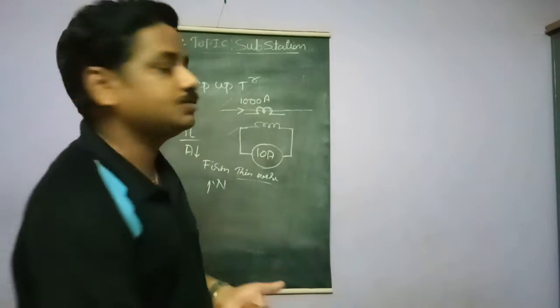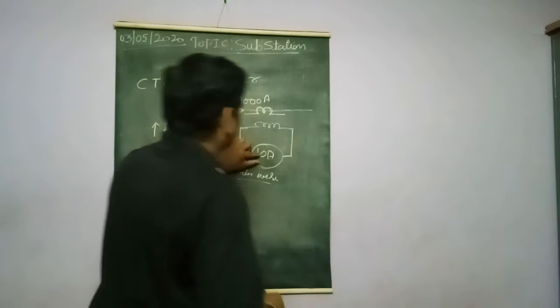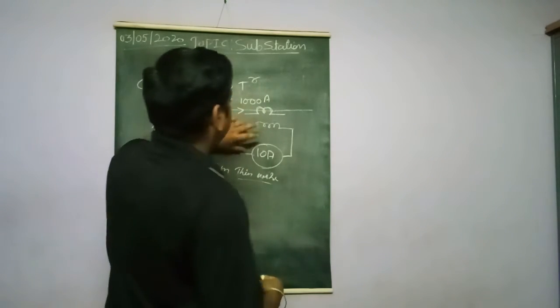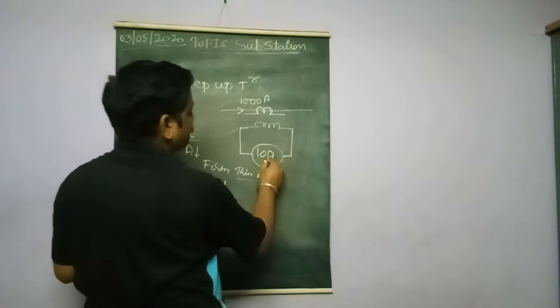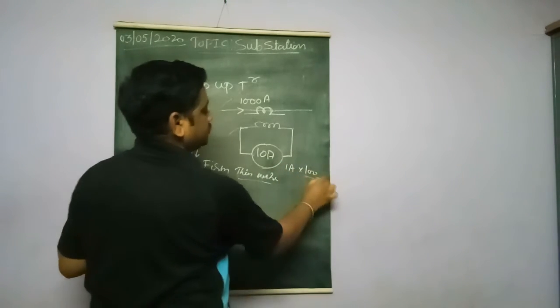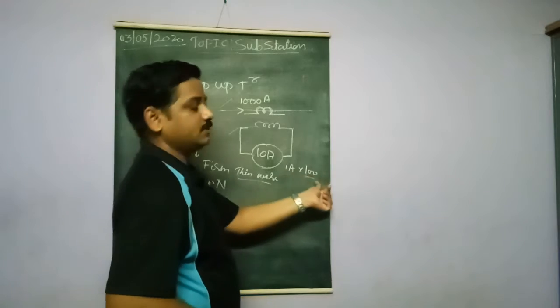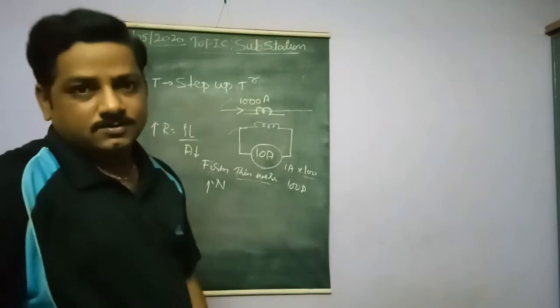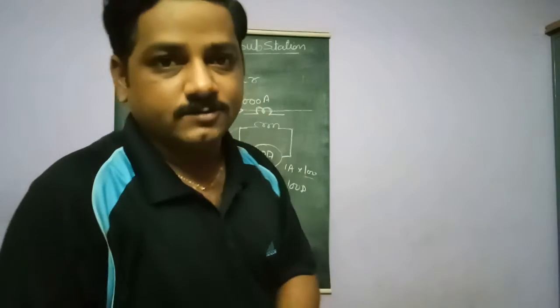It will be having a ratio now. So 1000 and this 10, we can say what is the ratio in between these two. The ratio is going to be 100 here. So if it reads as 1 ampere, we will multiply with that ratio. 1 ampere, we should multiply with 100, that is the ratio. So we can understand that it is totally 100 amps. So that is the ratio, which in words we call the multiplying factor.